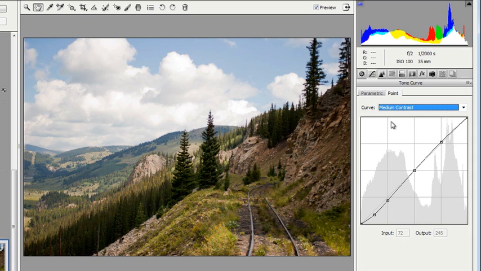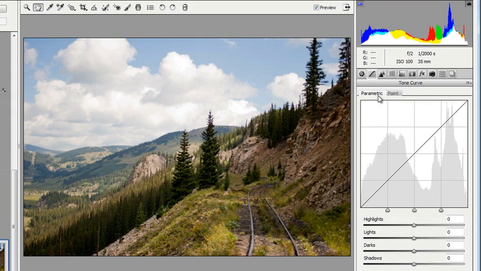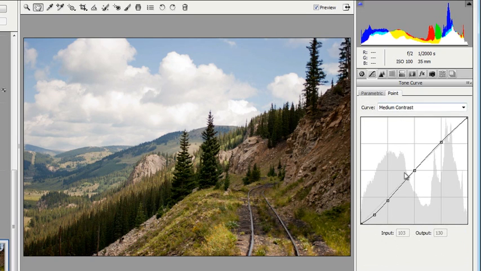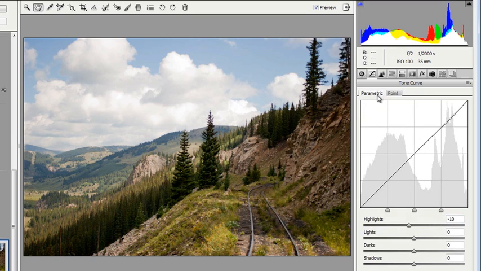In some images, you may just leave it there. If you want to make very subtle adjustments, you can go to this parametric curve here. And if you wanted to, let's say, just bring down your highlights a tad, you're not altering that medium contrast curve. It's still set to the default. You're simply placing an adjustment on top of that curve. So you've got a ton of options here and a lot of flexibility to finely tune your edits with these